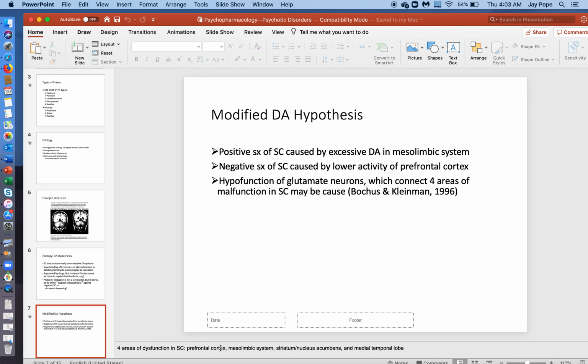They are the prefrontal cortex, the mesolimbic system, the striatum/nucleus accumbens, and the medial temporal lobe. Now, you may remember earlier in our course we talked about the nucleus accumbens, which is very strongly associated with addiction and with stress and fear. It also has a very prominent role in obsessive compulsive disorder, and in some people with schizophrenia who make very repetitive mistakes and fail to learn from them, a hallmark feature in schizophrenia. Not talked about that much, but it was the source of my dissertation. It is important to look at these other brain structures as well.